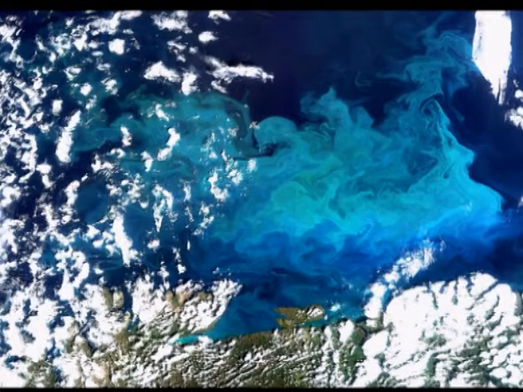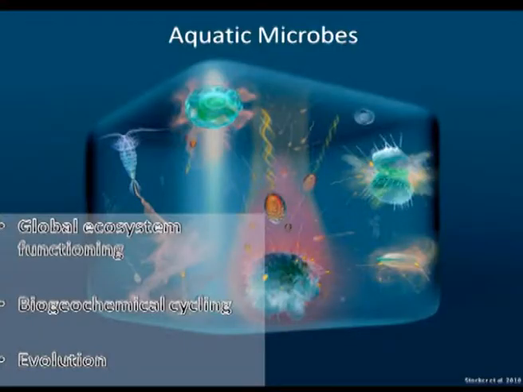And then you think, if you can see this from space, then microbes should be important, at least for something. And they are. They are important for global ecosystem functioning, for biogeochemical cycling. Biogeochemical cycling is the movement of chemical elements between the living and non-living parts of the world,